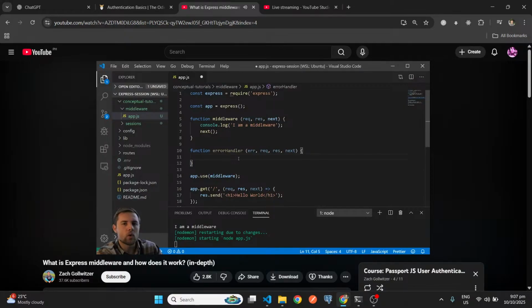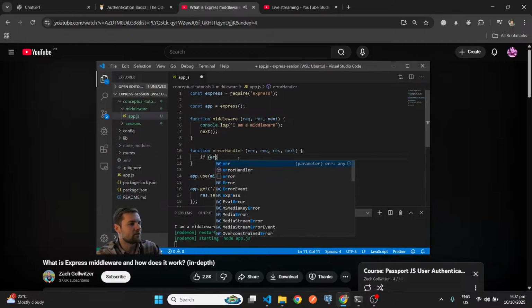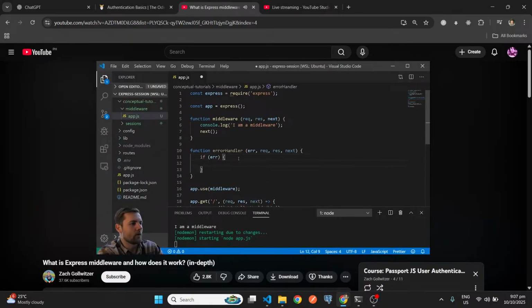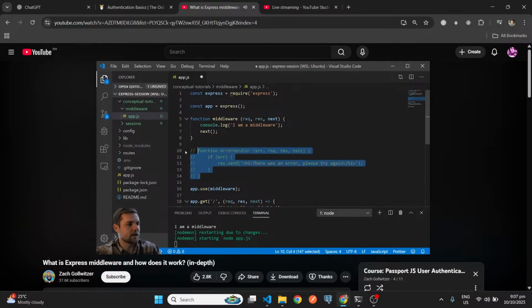maybe instead of throwing the error explicitly, we'll say if there's an error, we can do res.send, and we can say there was an error, please try again. So something more friendly than a default error that you might get in the browser that would crash the entire application. So let's go ahead and comment this out for 1 second